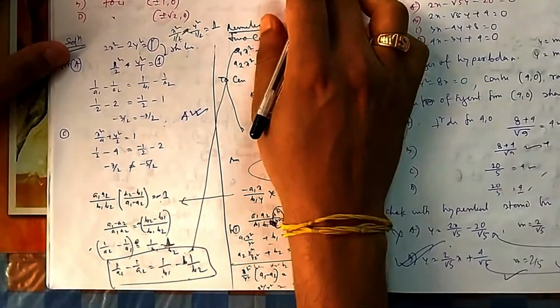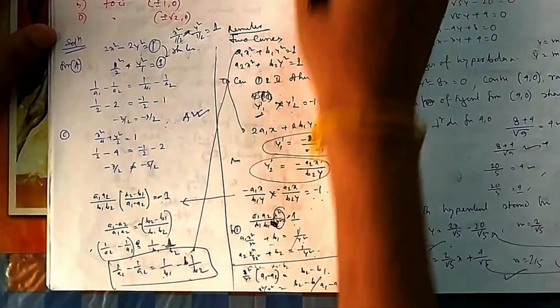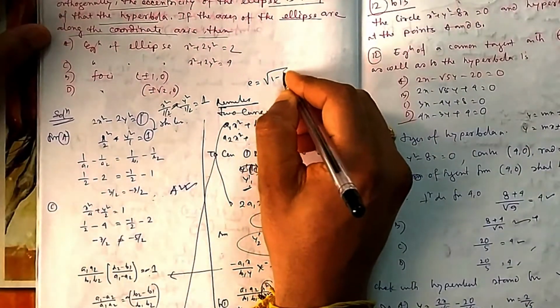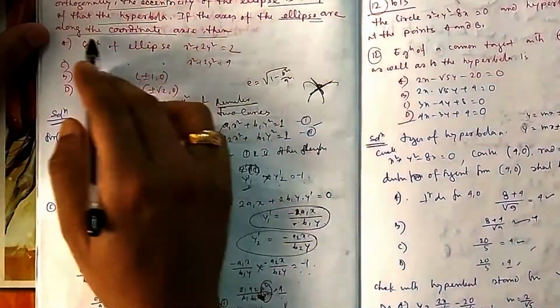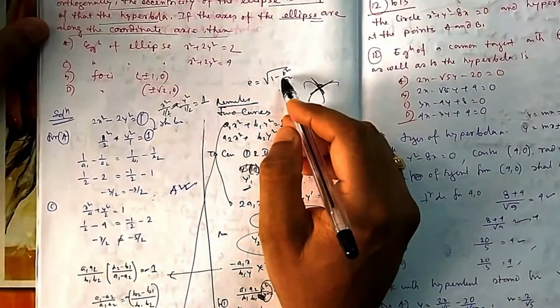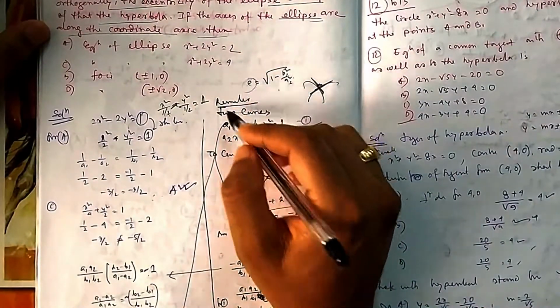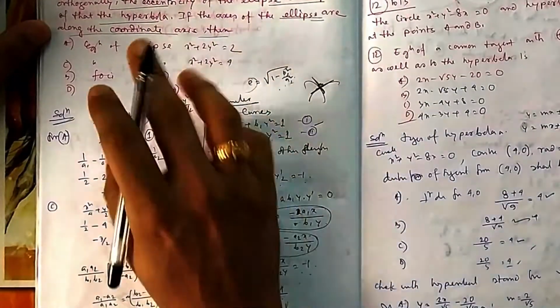Another equation you can get using the eccentricity. You can find this eccentricity using the formula, and you can find the eccentricity of the ellipse also. The ellipse eccentricity is square root of 1 minus b square by a square. Because these ellipses are along the coordinate axes, that is a standard ellipse, so this will be b2 and a2. This you also know, that is the reciprocal. So you will find another equation. You can solve these two, find a2 and b2, and you can find the equation.